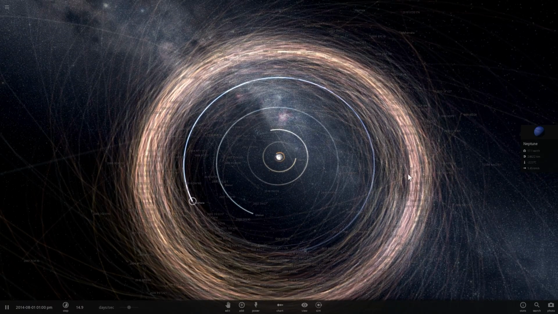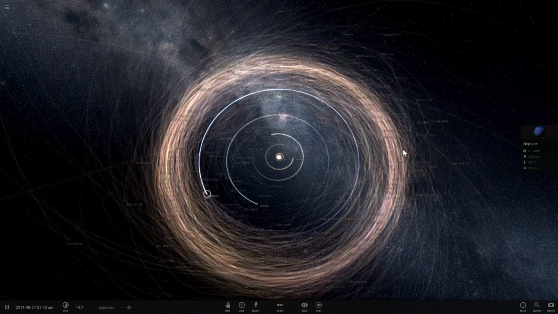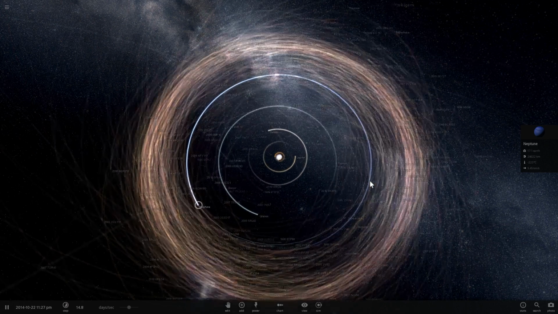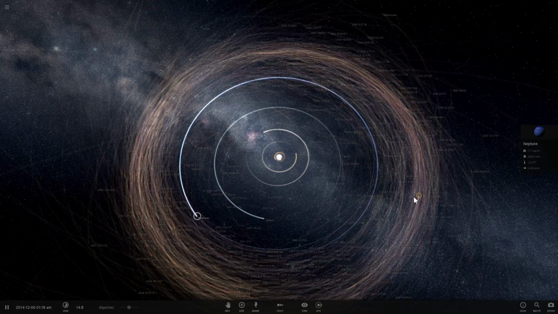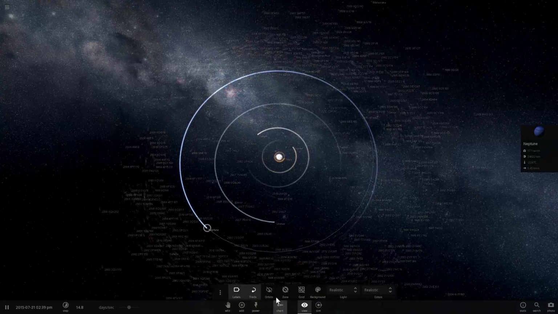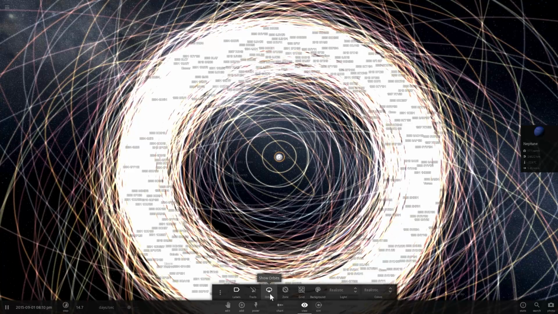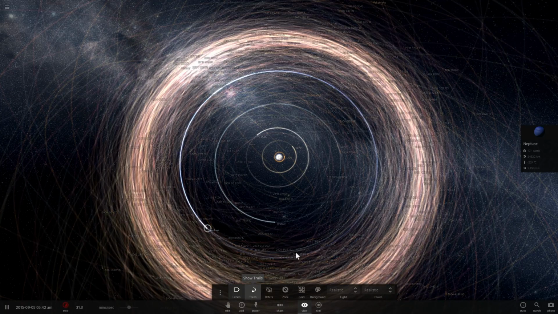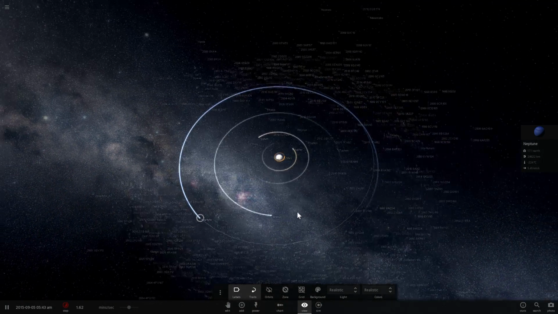And Pluto is in this ring right here, which is why it's no longer considered to be a planet and just one of these so-called Plutoids or dwarf planets or very large asteroids. And just to give you an even better view, I'm going to enable orbits, slow down my computer dramatically, and here we go. There's a really large ring past Neptune where you get to see all of these Trans-Neptunian objects all together. So alright, that's cool.